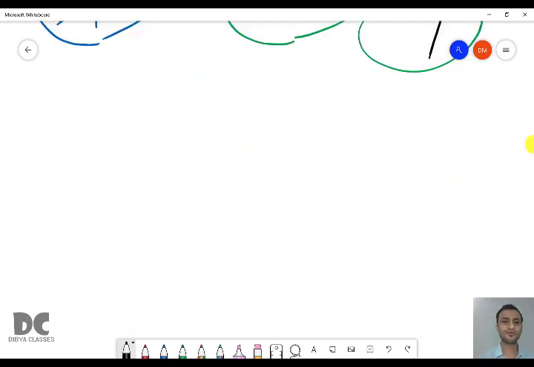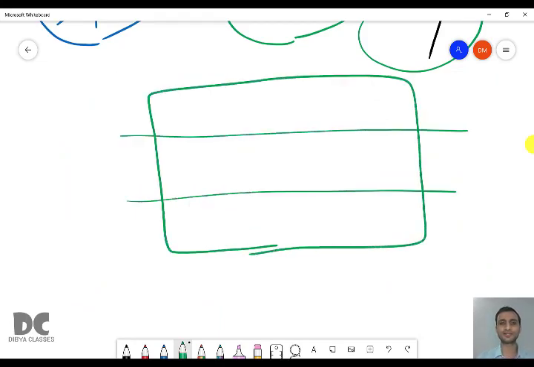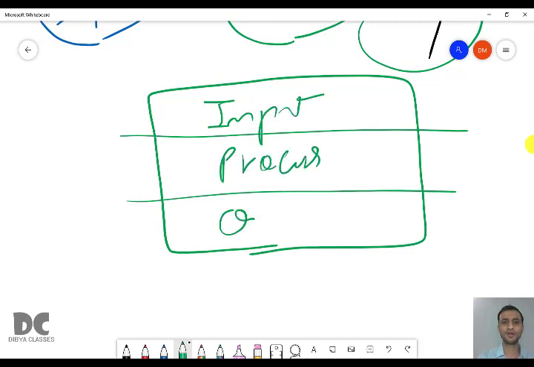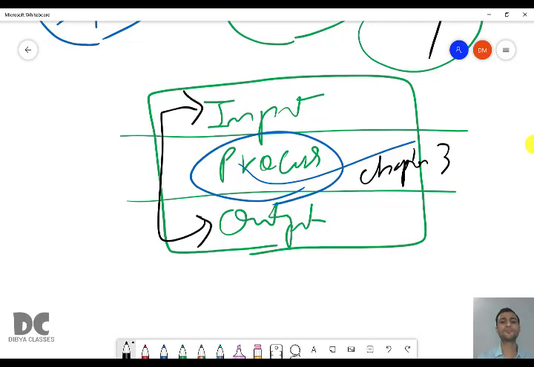Okay, so now we'll understand how to do these three things. A program is divided into three parts: input, processing, and output. You already know the processing part. We'll be learning more about it, but till now you have known enough. All these processing things, mathematical calculations and mathematical functions, you studied in chapter 3. In chapter 4, we are going to study input and output. So let us first start with input.